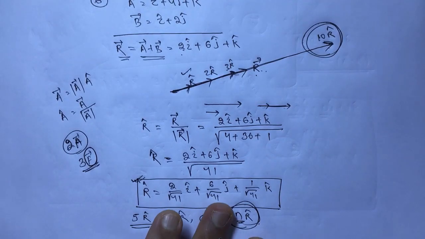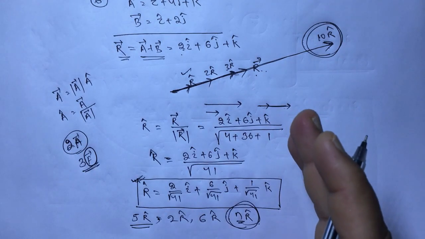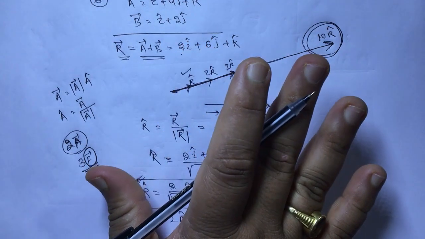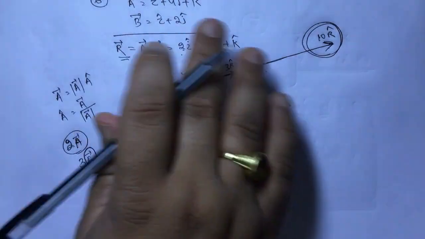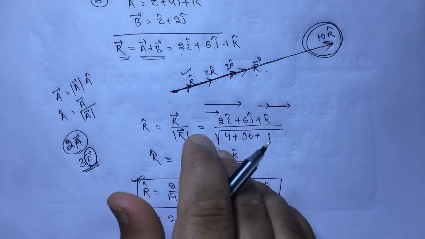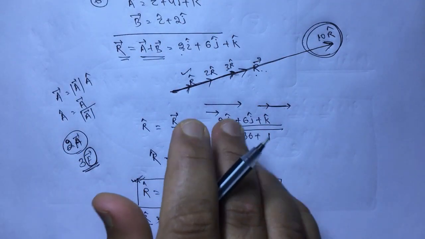Now if you understood this, then the next question, question number 7, is also of the same kind. Okay, and that is your assignment. You go through this question properly, understand the concept, and solve question number 7. That is your assignment. Next, let us come to question number 8.